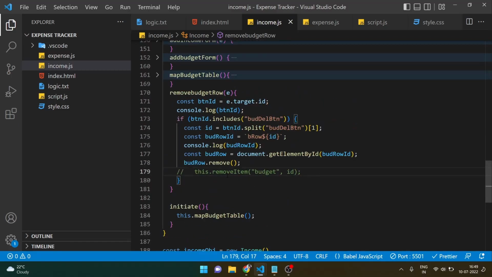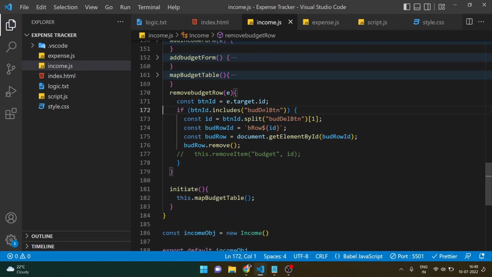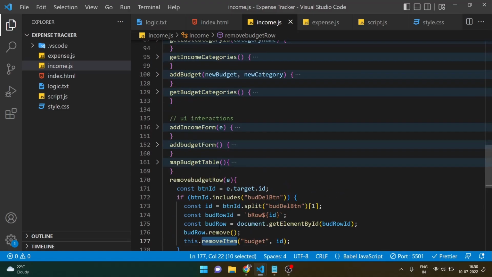Because we have not initialized it yet, but we did not comment out the budget row dot remove, hence it is deleted from the UI. Now let's remove this console log from here and comment out this, and let's create a new method remove item